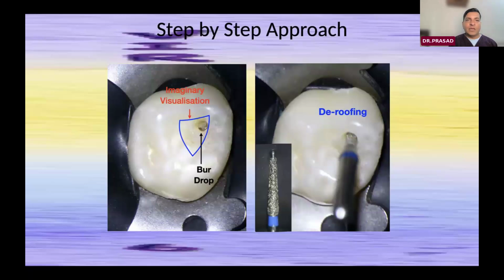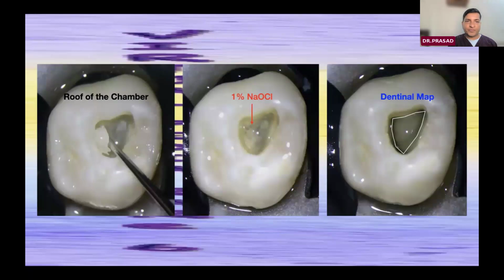After that, along the imaginary visualization which you have done and the line, with this shape-ended cutting burr you will start removing the roof of the pulp chamber. This is the roof of the pulp chamber, where it is removed completely and it comes out in one piece. And then the first medicine, without putting any file, is 1% sodium hypochlorite as per AAPD guidelines, and just flood